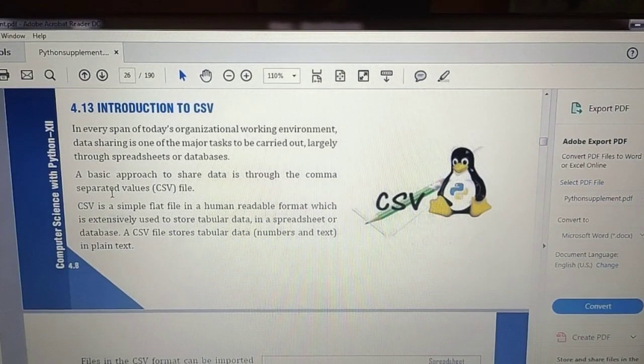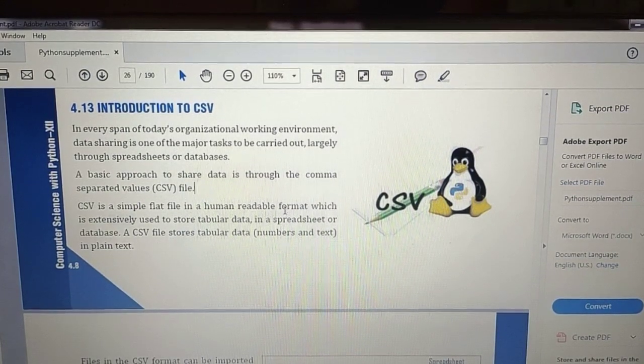One more thing is that the basic approach to share data is through comma separated values. The use of this is to share data with the help of CSV files. A simple flat file is a human readable format which is extensively used to store tabular data, spreadsheet or database. A CSV file stores tabular data.